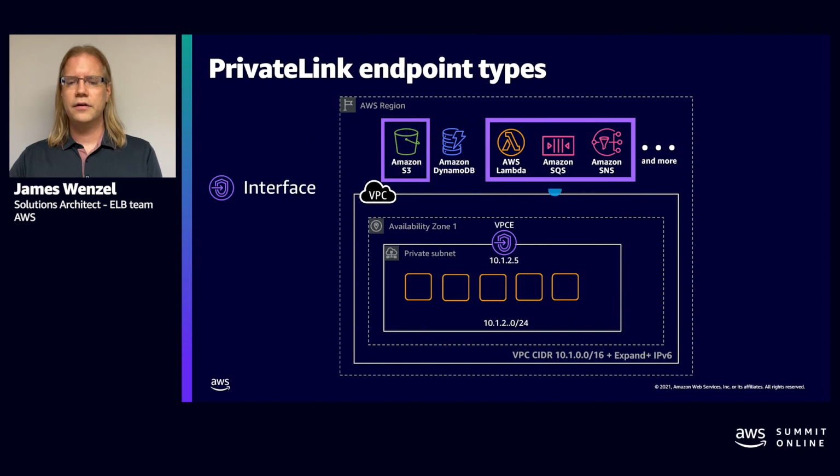The other type is the interface endpoint, and this is where you can also affect your own by using the NLB. The interface endpoint uses an IP address that is attached to a local ENI on that network to communicate over the AWS backbone. One of the things you might have noticed is that Amazon S3 is highlighted both times. Amazon S3 is a special case where we have both the gateway endpoints as well as a private link endpoint, or ENI endpoint, or an interface endpoint, so that you can communicate, say, through your Direct Connect or your VPN to on-prem or from other locations, because it gives you a routable IP address. If you're using a gateway endpoint, it is only accessible by those constructs inside your VPC.